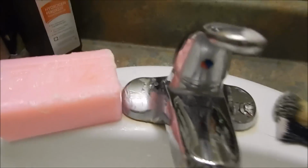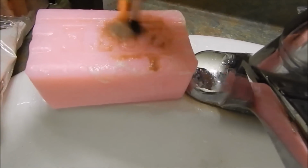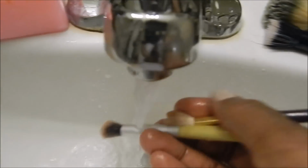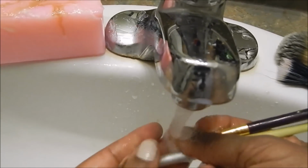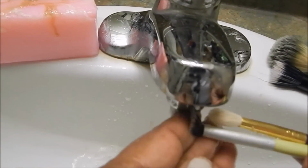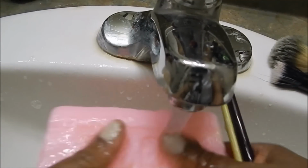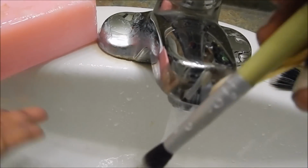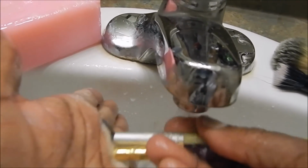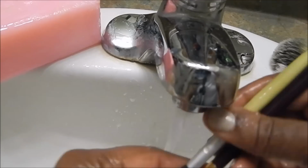So these are the type of brushes that I just put two together, and usually, like I said, I wet them with water, then run them across the bar of soap to loosen up the makeup initially. And you can clearly see that on the first shot these came clean. So I'm going to still rinse off the soap and then run them across one more time just for definite measures to make sure they're clean. And they are. So I'm gonna rinse those off,